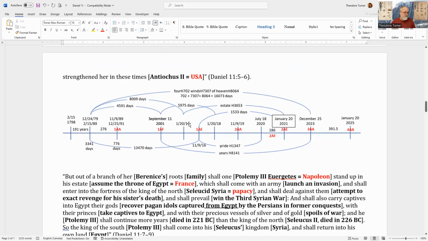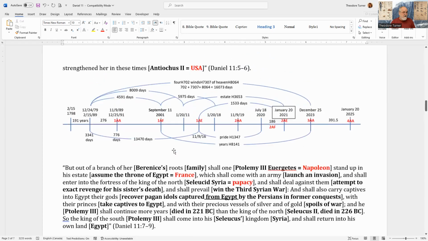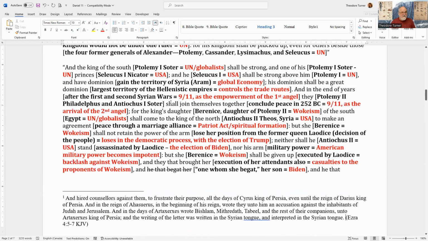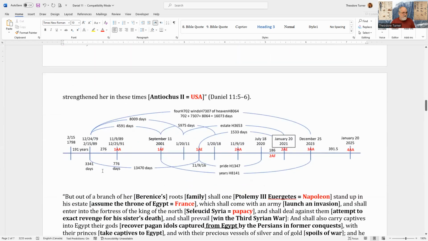The election of Trump, November 9th, 2016, being 1,533 days to the inauguration of Joe Biden, right? And we had addressed these other symbols. So Trump and Biden are in this history. And so we have them here as we go through this, and they seem to be in their place, right? So I don't know, any other thoughts on that?